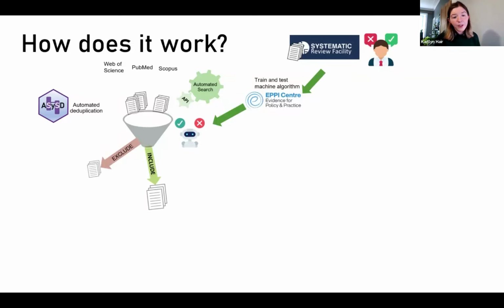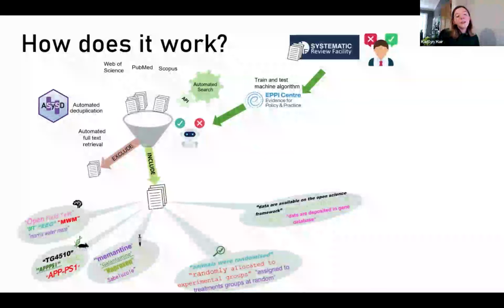Once we have our relevant articles, we then download the full text, and there's a number of tools to do this in an automated way according to our institutional subscriptions. Once we have the full text, we then apply a range of different text mining tools to extract information from